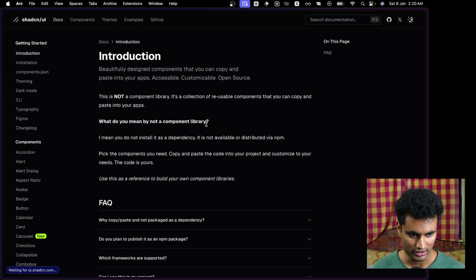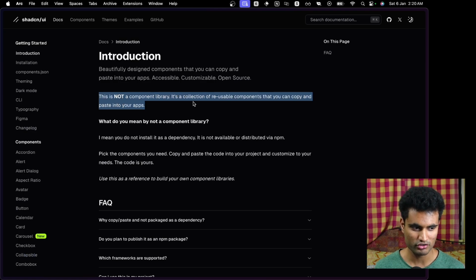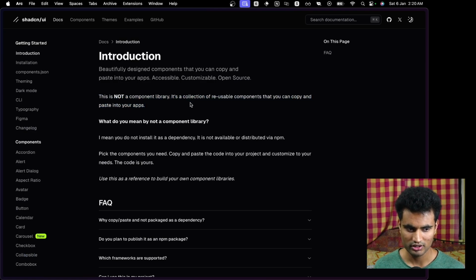So if you click on get started, there is a quite better version of explanation. It says this is not a component library, it's a collection of reusable components which you can paste in your app, and you can create your own component library using this. So it says use this as a reference to build your own component libraries. So shadcn also has a CLI that allows you to install the dependencies for these components and copy this component into a folder for you without you having to copy it and have a lot of complications, because some of these have dependencies. So the CLI helps you do that,